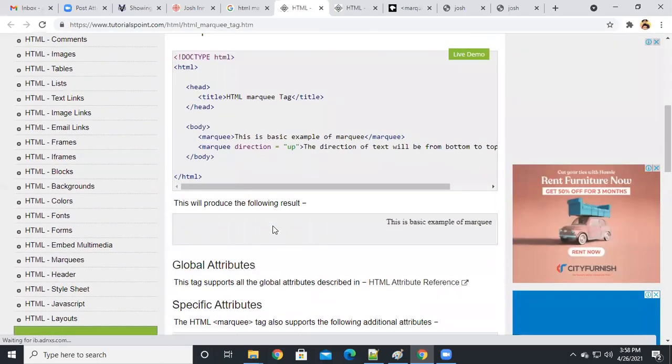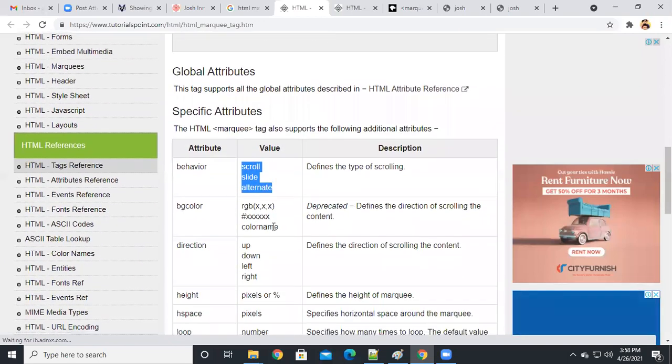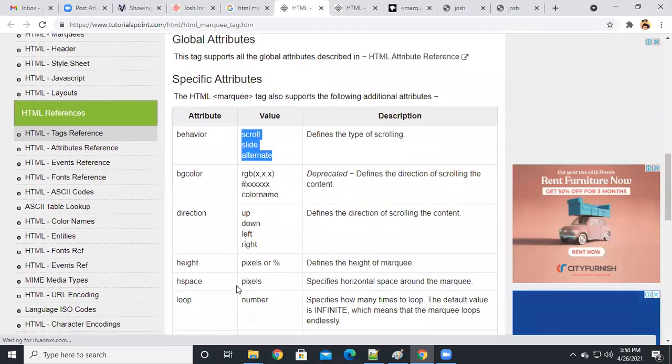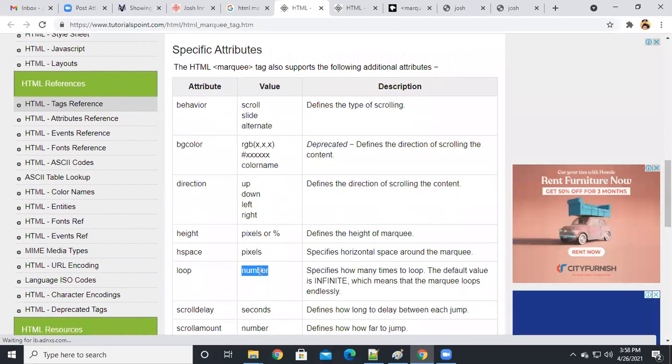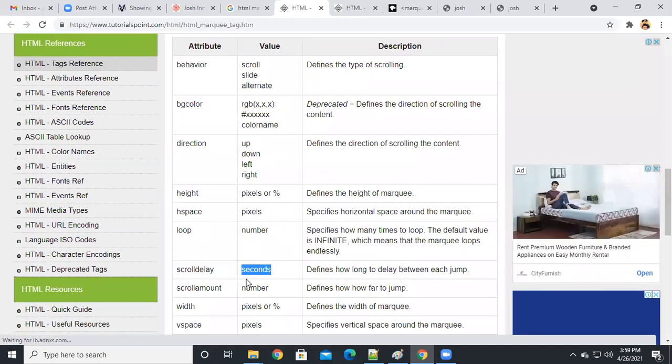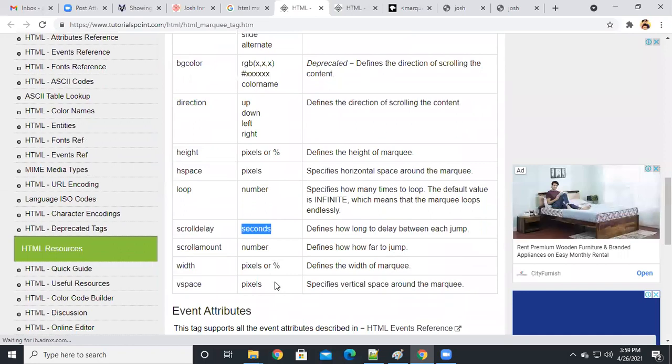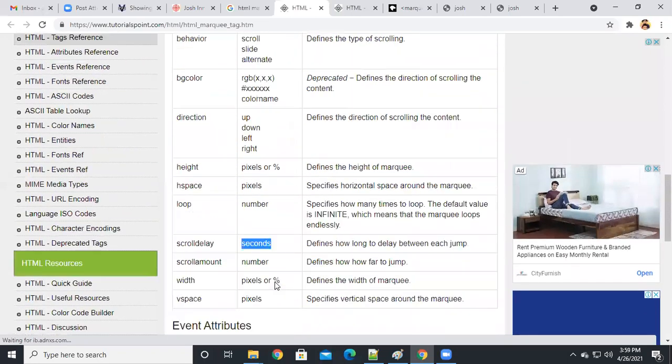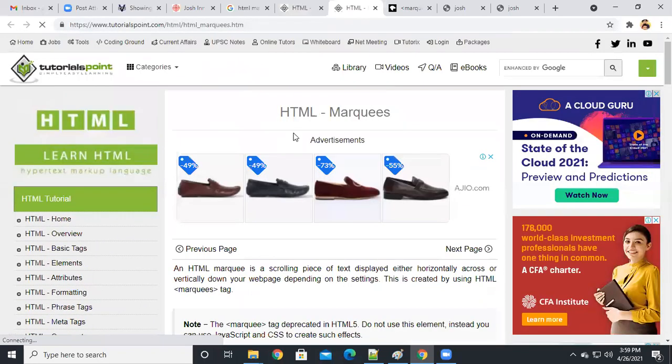Direction is up, down, and height. Okay, horizontal space, loop, how many times you can iterate. Scroll delay, give some seconds, we will take that much scroll. That we understood, right? You can use scroll attributes like this, scroll amount and width and vertical space, horizontal space.